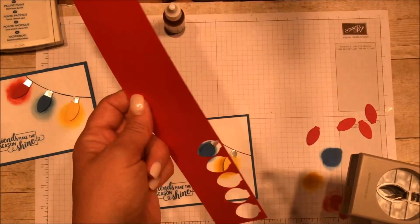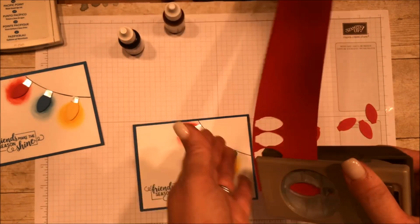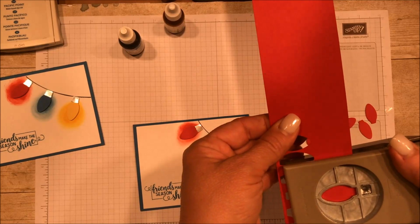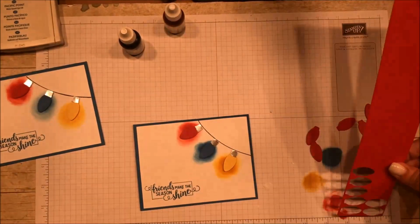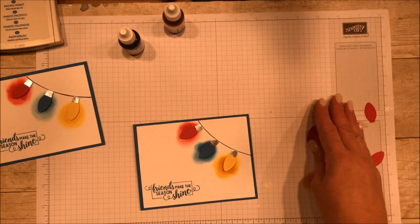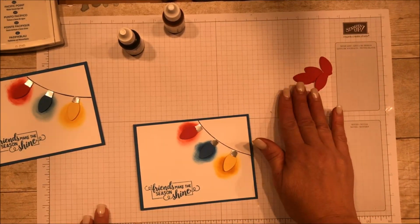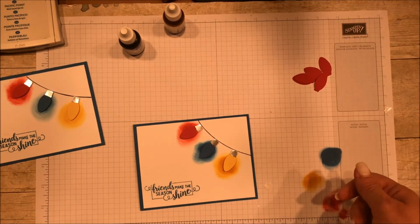Okay, and if you make your strip the right size, you can flip it over and go the opposite way too. And you're not wasting anything here, really. Look at that. This strip, by the way, is 2 1/4. 2 1/4 was the perfect size for that. And I would just have little piles, red, blue, yellow, and then I would make the little silver things and